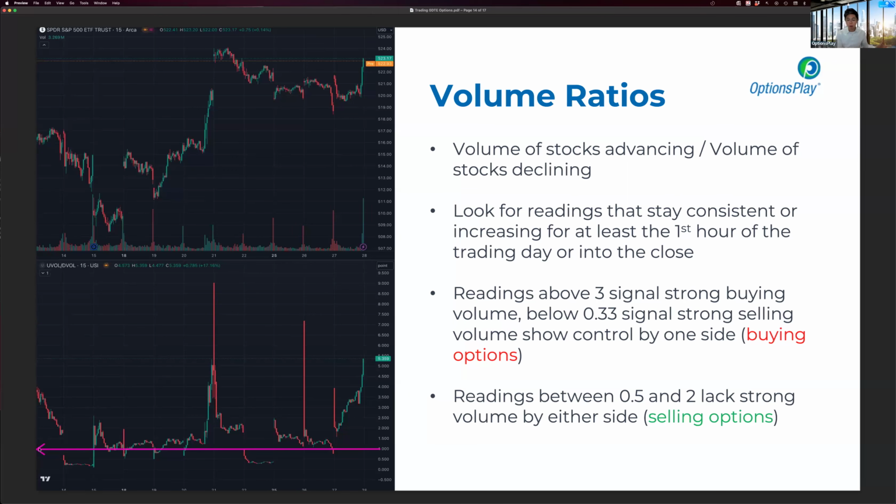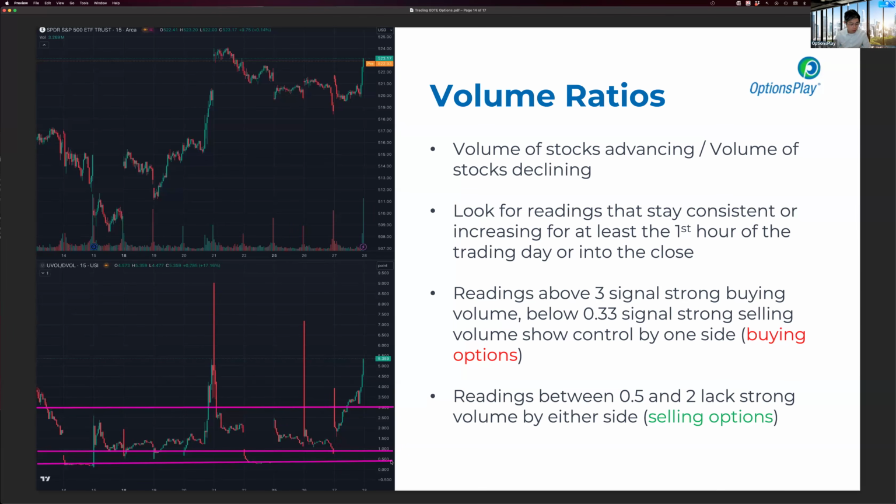Below 1 tells you that selling is at a higher volume than buying, right? So 1 is your equilibrium, and what you're really looking for are readings above 3, which tells you that clearly buyers are maintaining not only control, but there's a lot of volume behind it, or